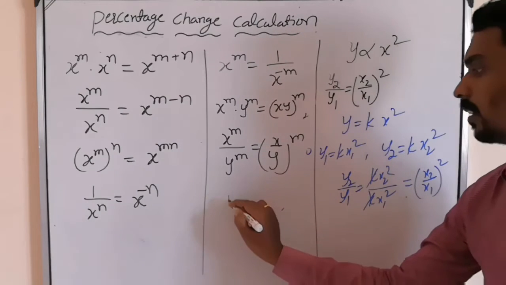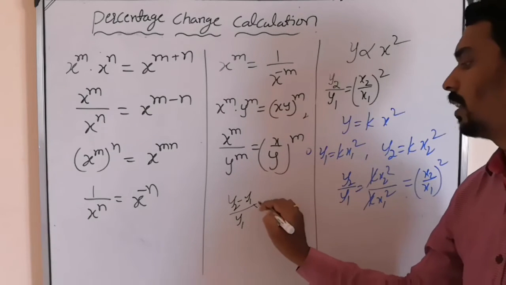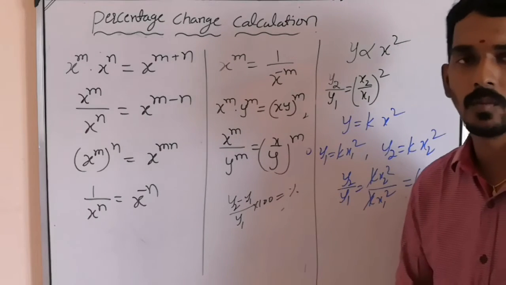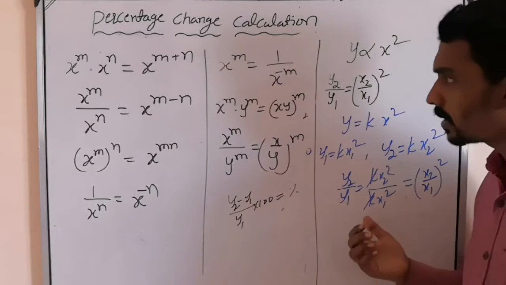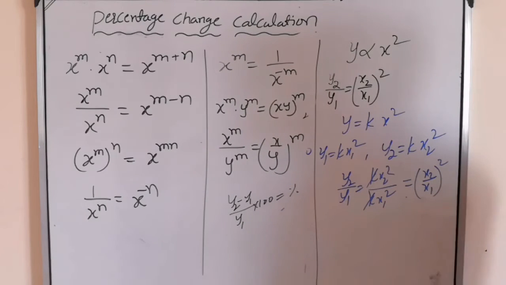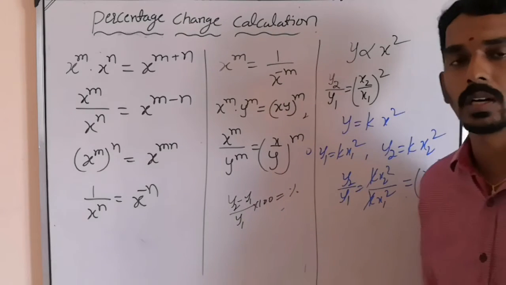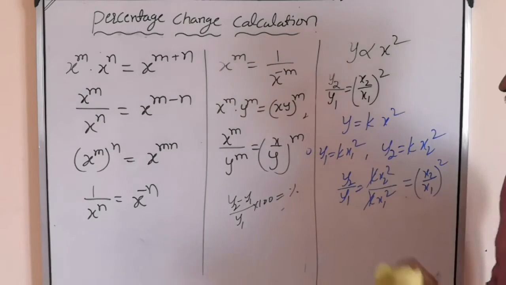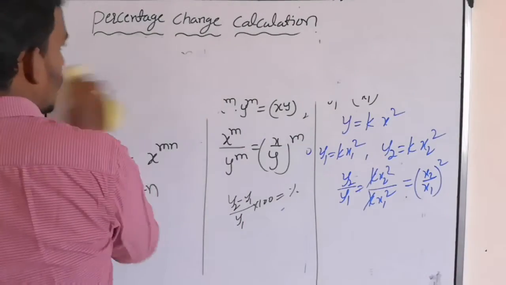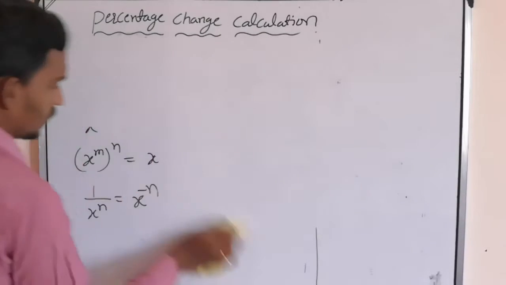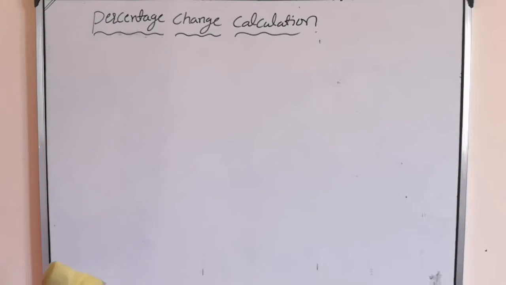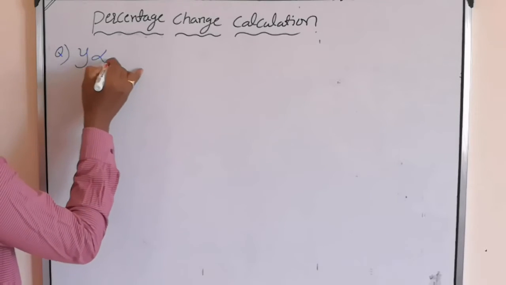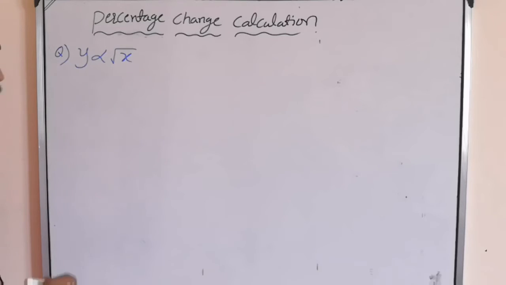Then y2 minus y1 by y1 into 100 gives you the percentage change in y. Let me explain with one complete example with particular values. Then only you can understand properly. So let me take one particular relation. I will consider that y is proportional to root x, and